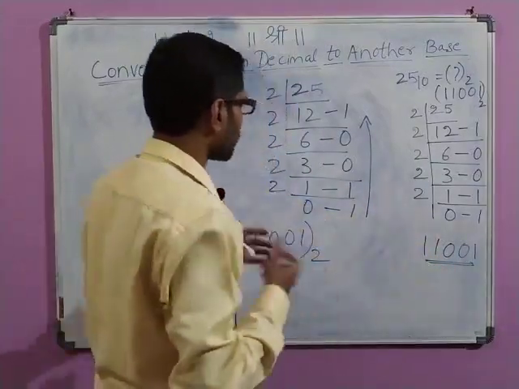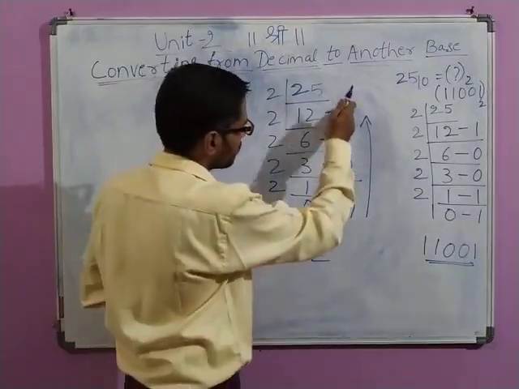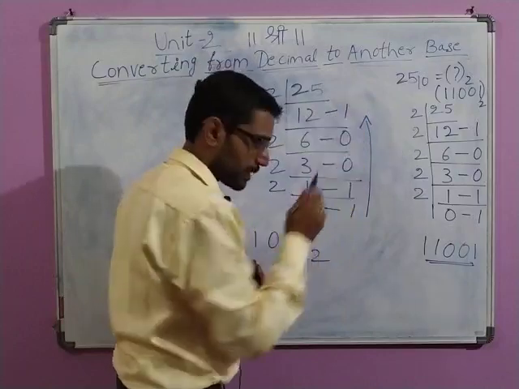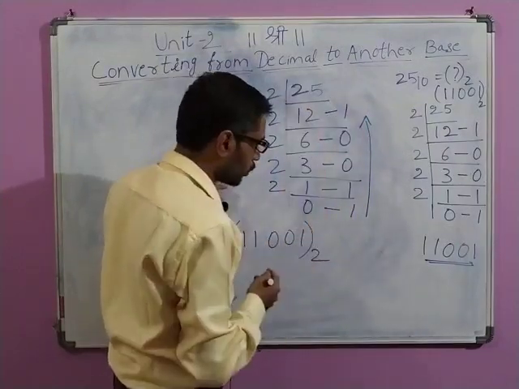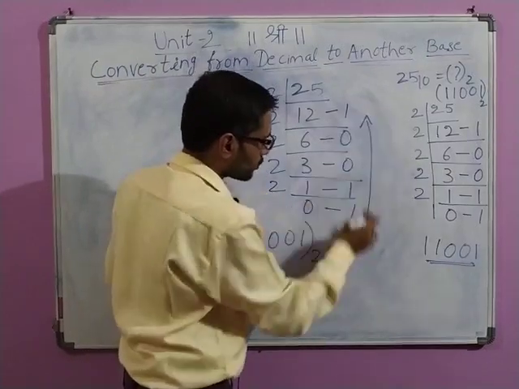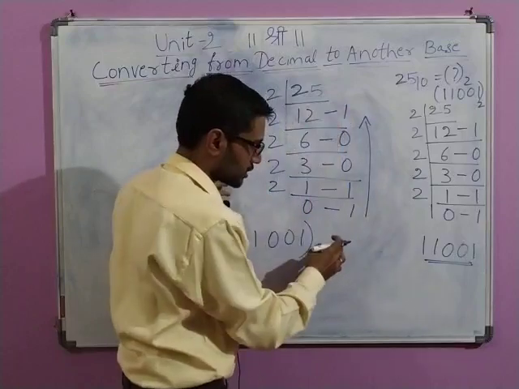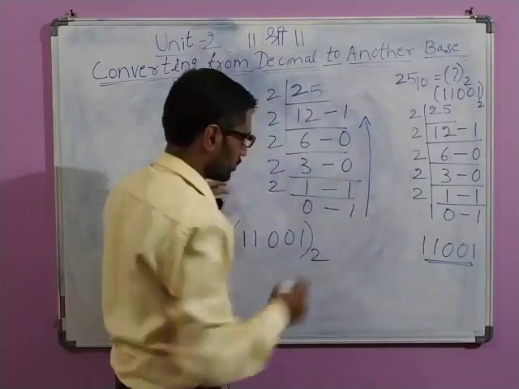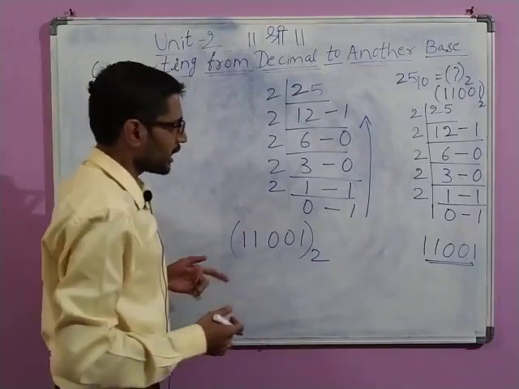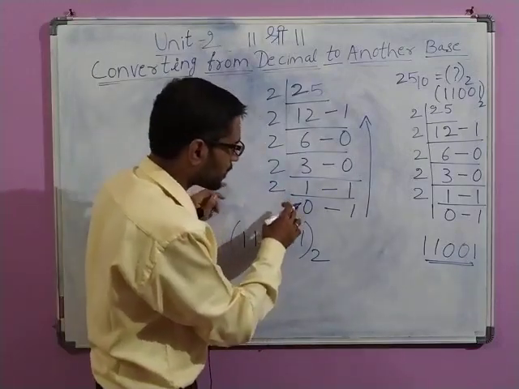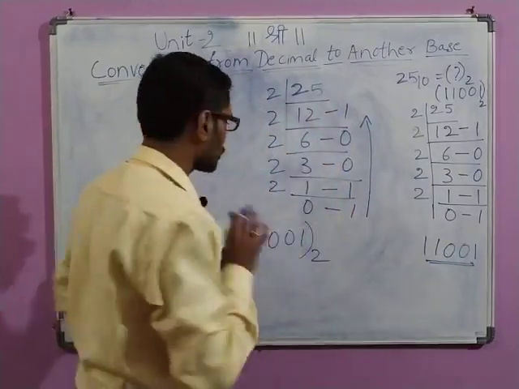So the simplest way is to go on doing this division and write down all the remainders. Once the quotient becomes 0, put an arrow mark from bottom to top, and you write down only the remainders. So 1 1 0 0 1. So this is the simplest way. Some of them may also skip the last step, and from here they will write it. I will also show you that.